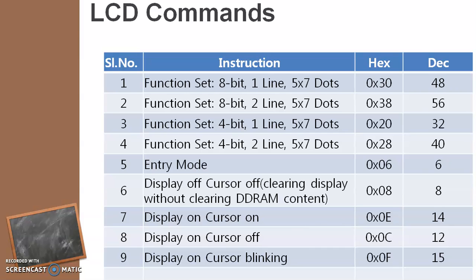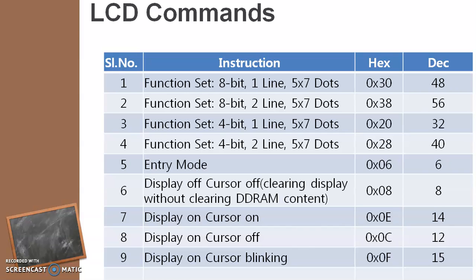Function set 4-bit. So we go with 4-bit because we know that the LCD devices are slow devices. Though you send it as 8-bit or 4-bit, it is not going to make much difference when I connect the LCD display directly to the controllers, okay, not for the 8086 processor. If I directly connect it to the controllers, only with 4-bit I'll be able to transfer the information. So therefore the ports could be saved.